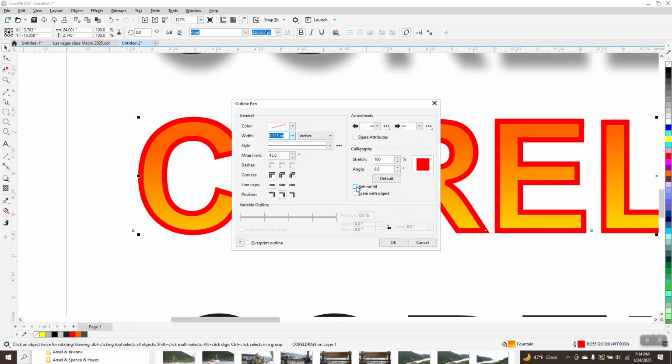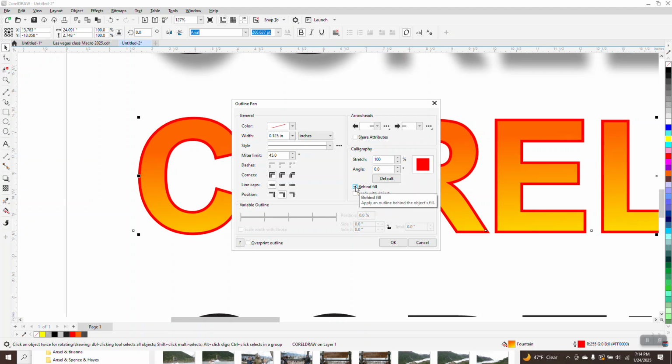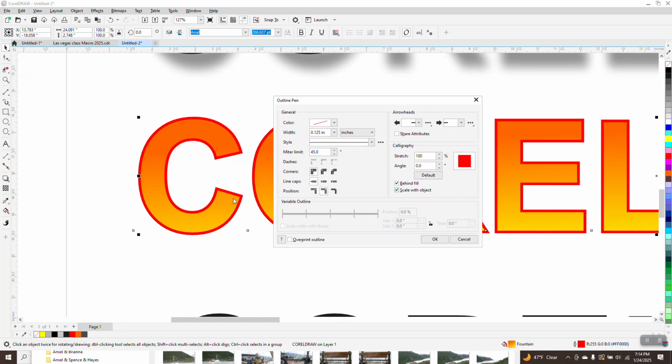And don't forget to, now watch the difference when I hit behind fill. It makes it a little more true, basically. And then don't forget to scale with object in case you made this object bigger. The other thing that I'd like to mention, when you click on your, well, we've got it clicked, you can do your corners and your positioning